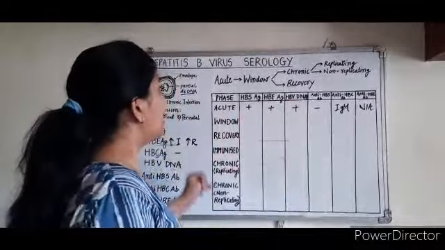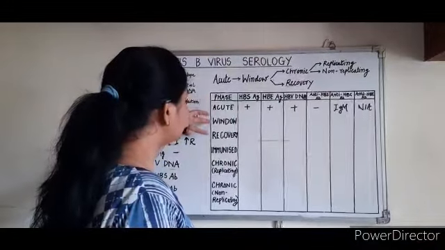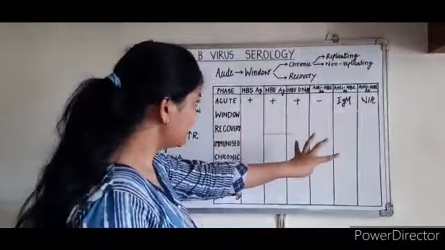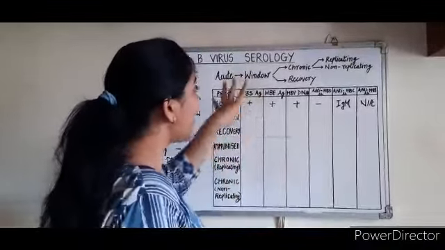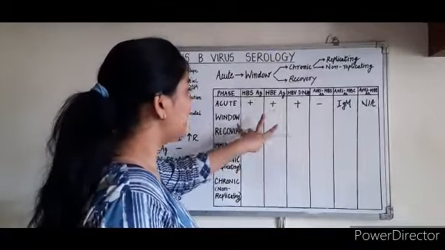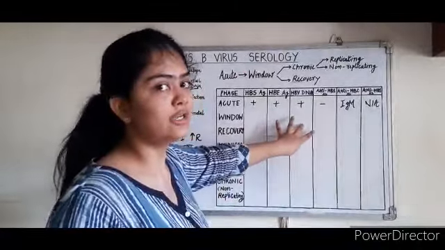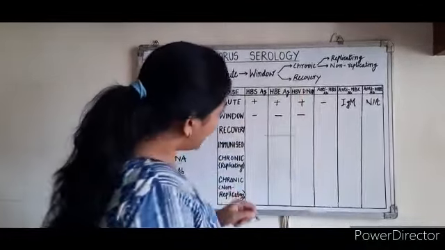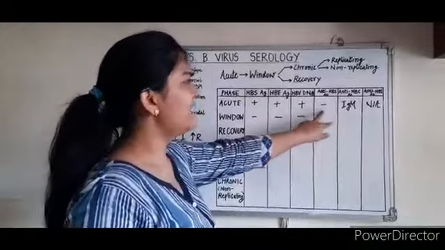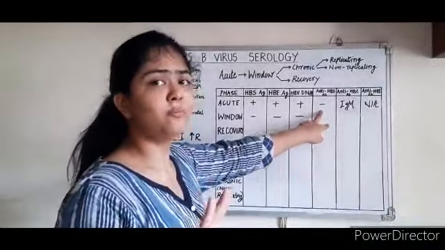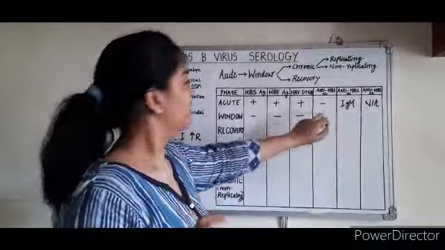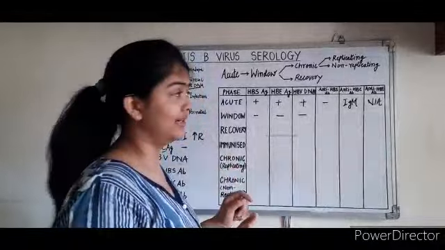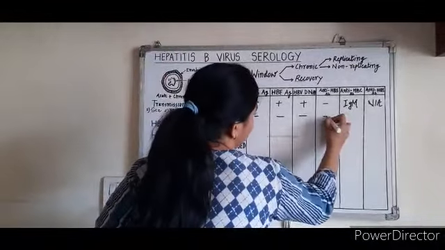And finally, after this acute phase, it comes to a window period of approximately 3 to 4 months, wherein the anti-hepatitis B virus C antibodies actually decrease the titers of the antigens and the DNA to levels which are not detected. Hence, this shall stand a negative. Now, by the window period, the anti-hepatitis B virus surface antibody is not formed to levels that we can detect it. I said that it shall be formed only when there is complete recovery, which is not the case in the window period. So, as of now, it is also negative.